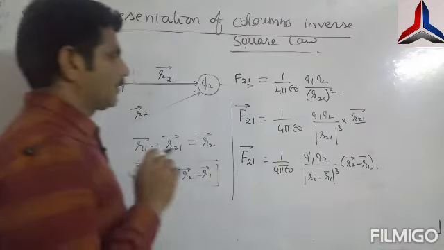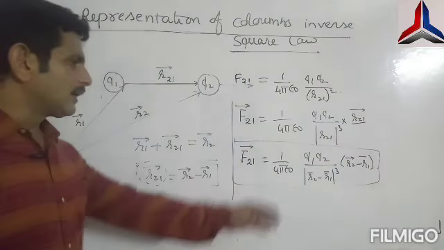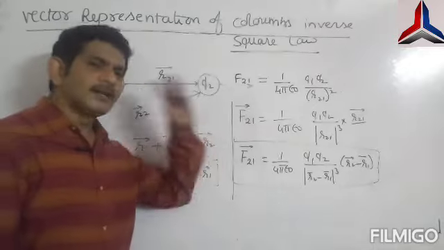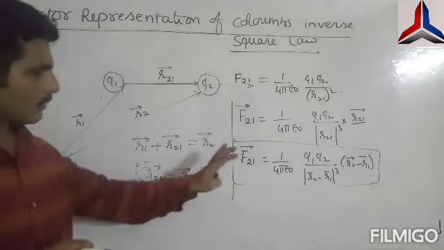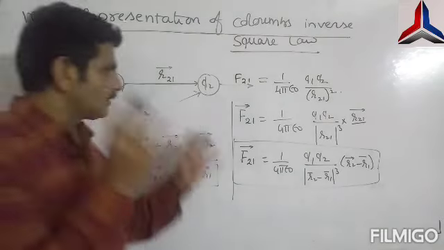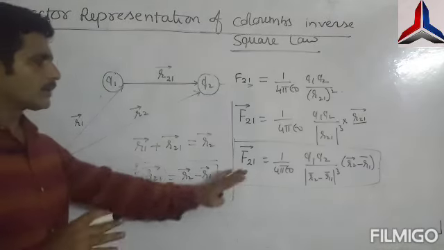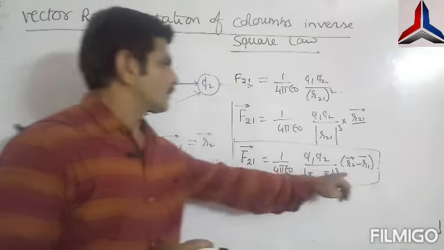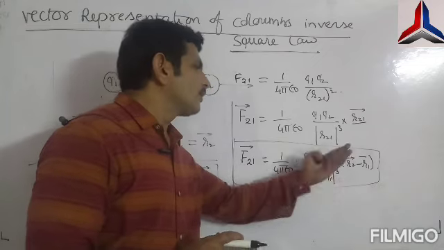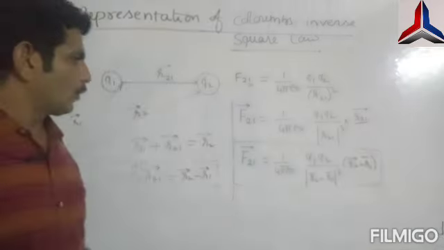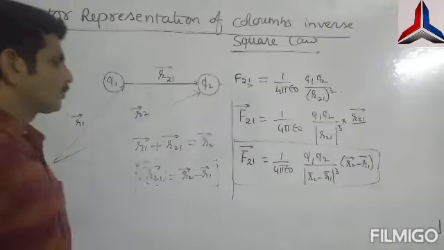And one interesting and important thing: you don't need to bother about these formulas from the exam point of view. They will give you simple questions. Understand? You need not hang on and you need not go mad at these formulas. Understanding to some extent, these are important. That's enough. You need not get tension about why and how these things happened. Don't worry, just take the simple formula. Since the magnitude is increased in the numerator, the denominator will be increased by one power. That's all. So I hope you can understand and remember this vector representation of force between two charges. Thank you.